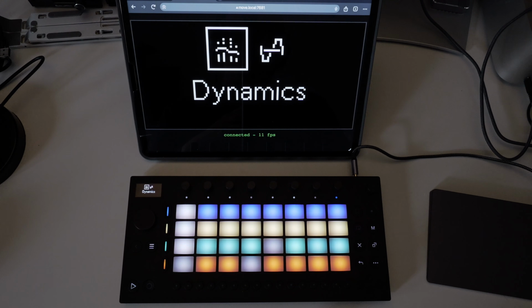And if you're intrigued by any of this, I'll put a link down below for Charles Vestal's video for how to install this firmware.